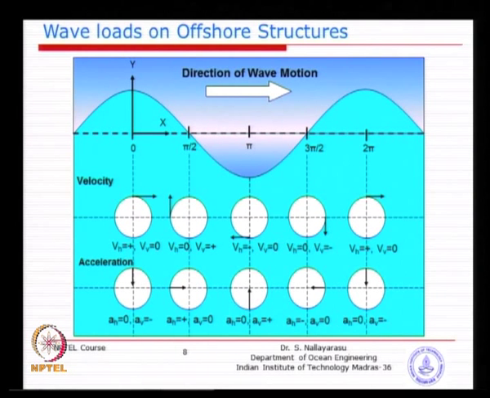Typically, if you go through one wave cycle, you will see that the velocity and the acceleration are 90 degrees out of phase. Look at one of the crests, for example this origin point: the horizontal velocity is maximum, but the vertical velocity is 0. You could substitute into the equations I have given you and find this by observation itself. The horizontal acceleration is 0 and the vertical acceleration is negative, downwards.